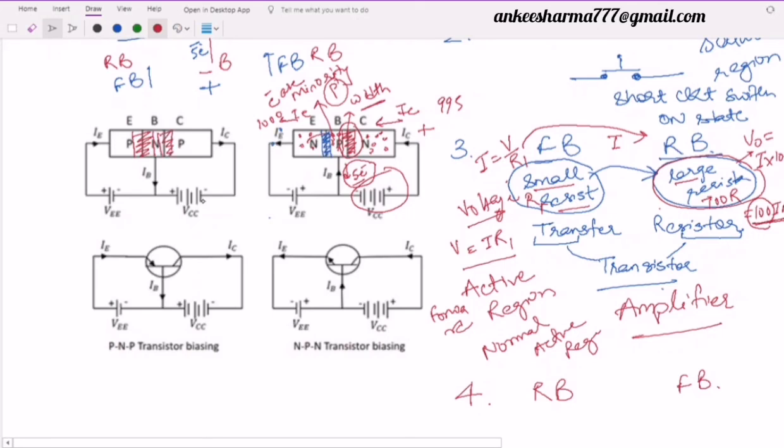But due to the high depletion region at the emitter base junction, the holes over here in the P type can't cross this region. So it means this emitter is now not capable of giving the carriers, the majority carriers. In the PNP, the emitter will emit holes. So those holes are now not able to reach further. It means no current will flow over here, and you will say that a very small current will flow. Then at the reverse side you will see, the few minority carriers that reached here